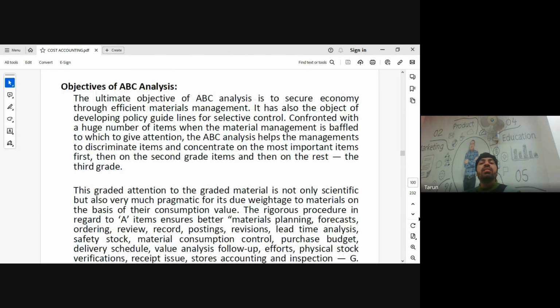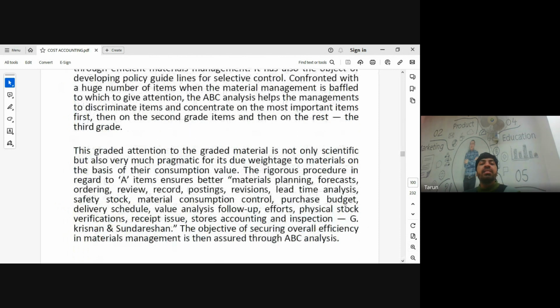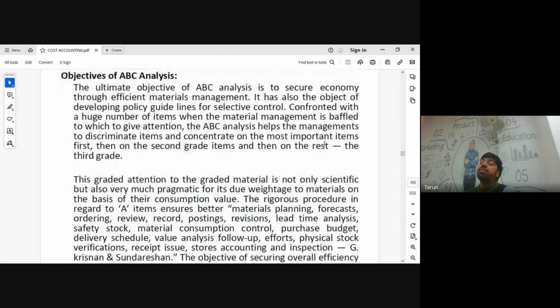Next one is objectives of the ABC analysis. So these are the particular objectives. What is the main objective of the ABC analysis? The main objective of the ABC analysis is to secure the economy through efficient material management, because it is an analysis tool on which parameters you will evaluate or classify such items. Such an analysis tool always helps the management to discriminate the items,